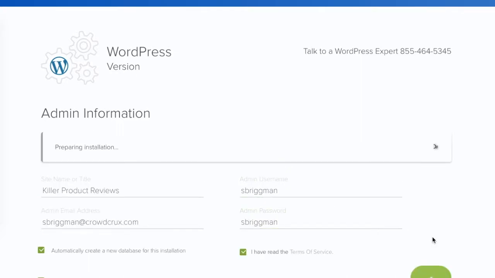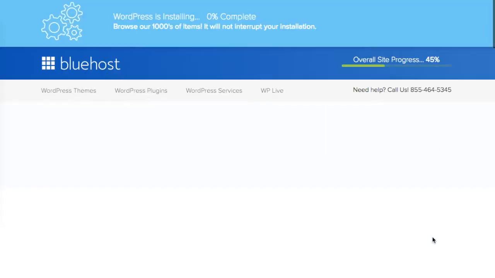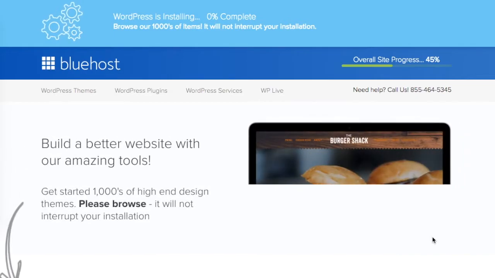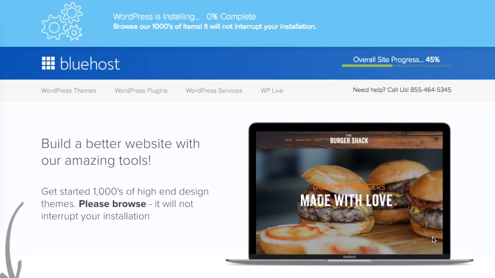Click it, preparing installation. So this will probably take a little bit. While this is loading, I just want to say that there are many ways to set up a crowdfunding platform. The reason that I like WordPress is because it's very easy to prototype the platform. And from there, you can begin to get users, you can begin to build an online presence, and at the